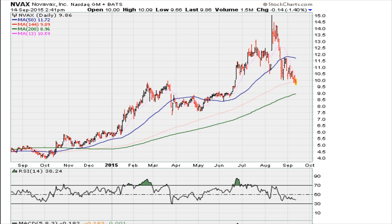A couple of observations. We see here that we made a high, and I discussed this with you when this was taking place in the high of 14s. I was talking about this negative divergence, and I discussed the negative divergence came with double top resistance. That resistance was a rejection at 69.1. So prices were making improving highs, but the RSI failed twice to recapture that 69.1 level right there. And I think this double top to me is a significant resistance,